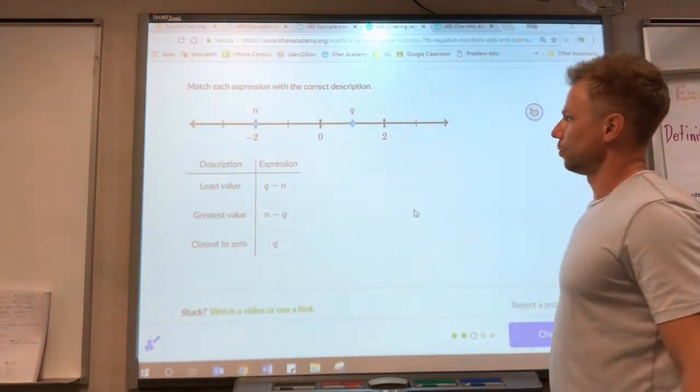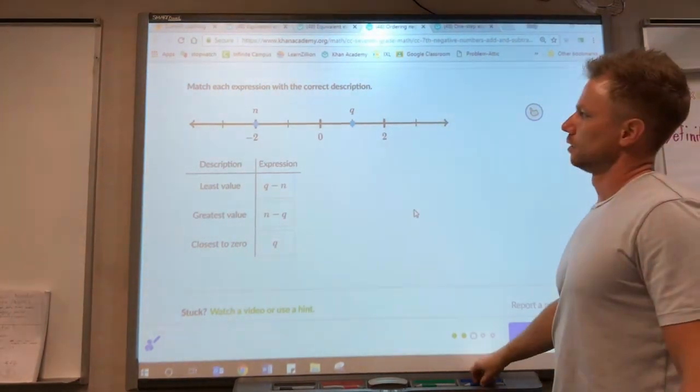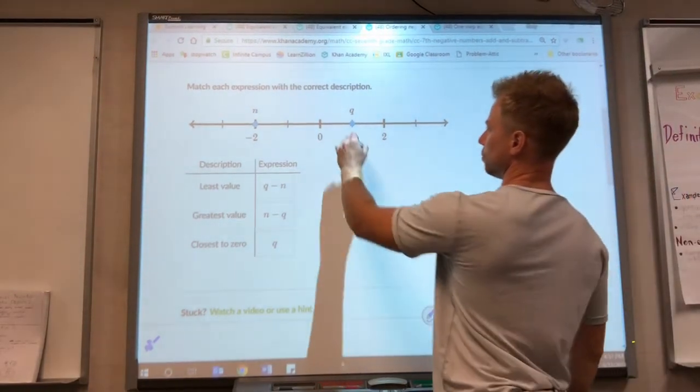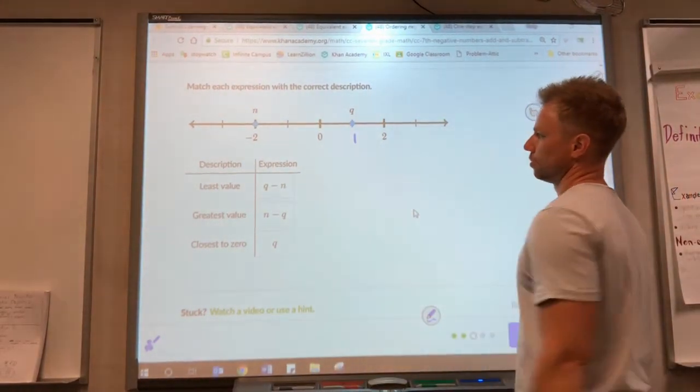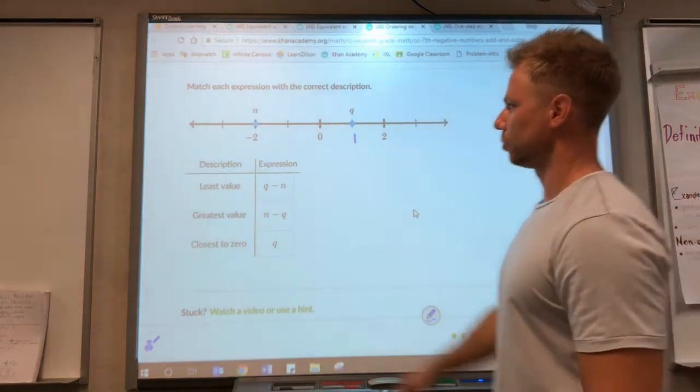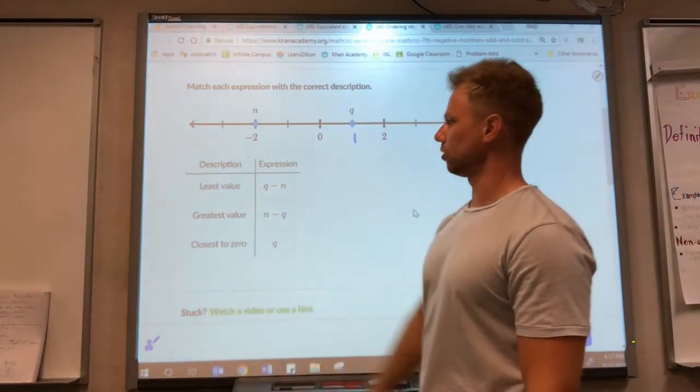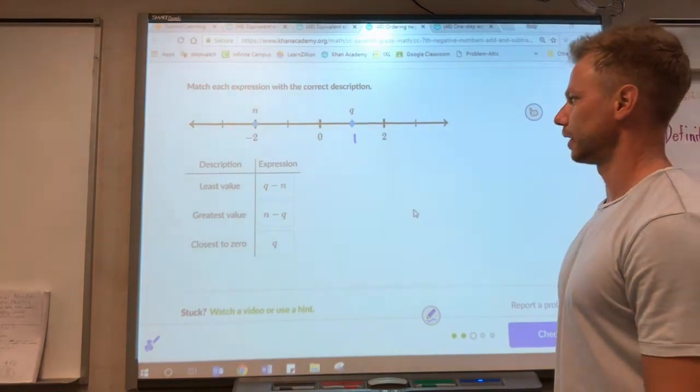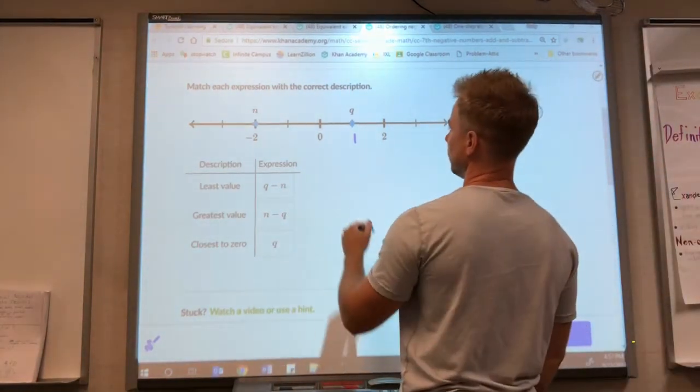Okay, again, here we have numbers for these letters. This would be a 1. It's between 0 and 2. So we need to put them in order from least, greatest, and closest to 0. Okay? So Q minus N